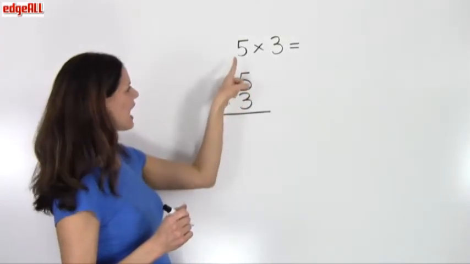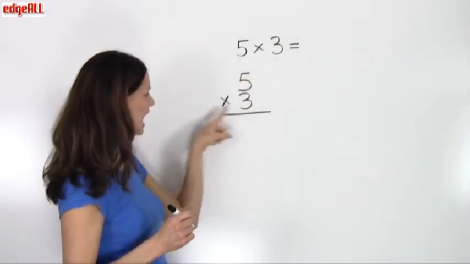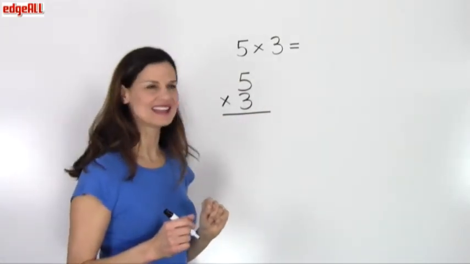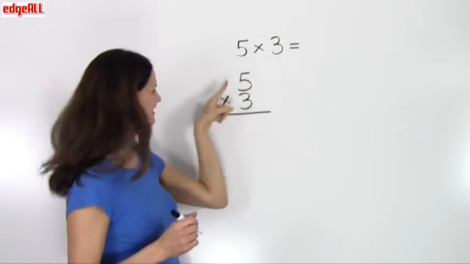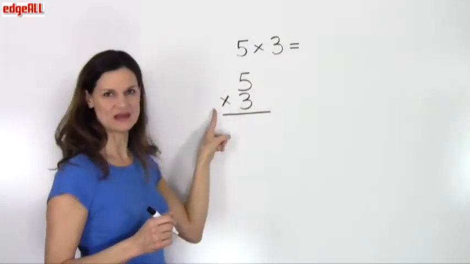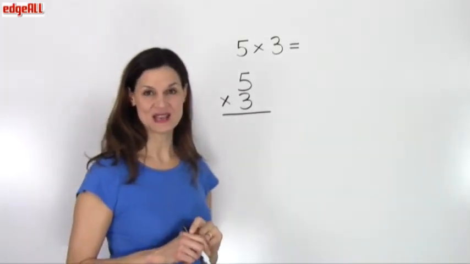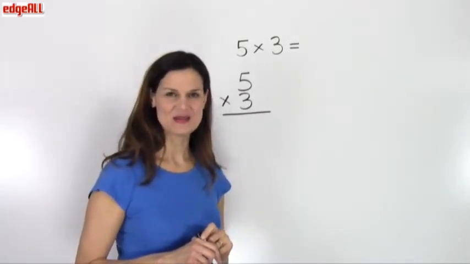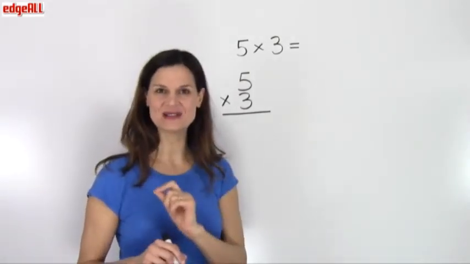So I can either say 5 times 3, or I can say 5 multiplied by 3. If you're working on memorizing your multiplication facts, you probably already know that 5 times 3 equals